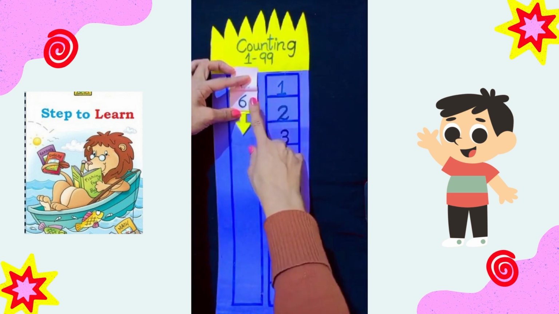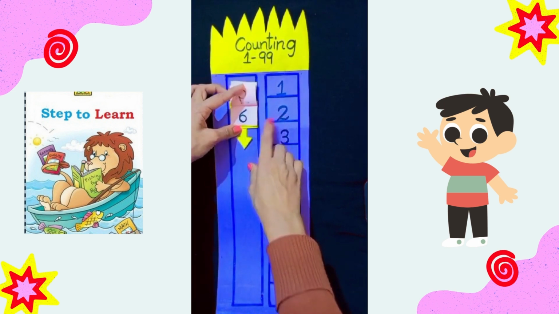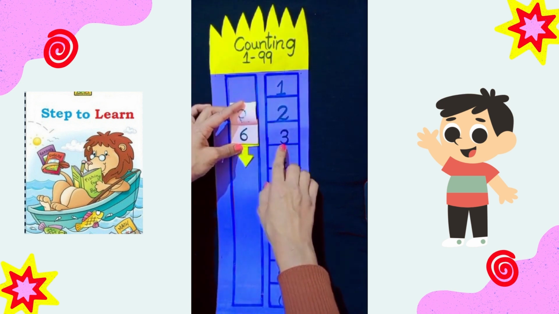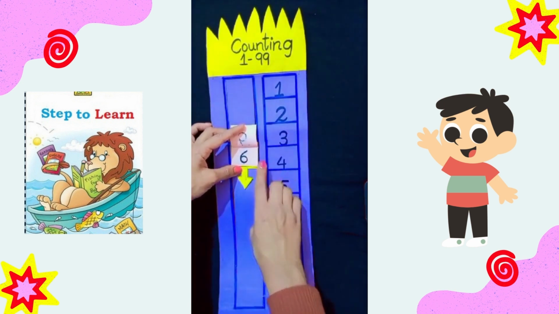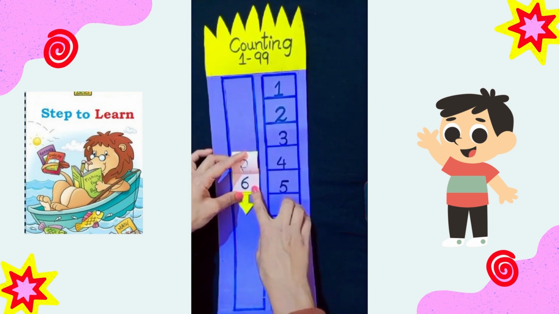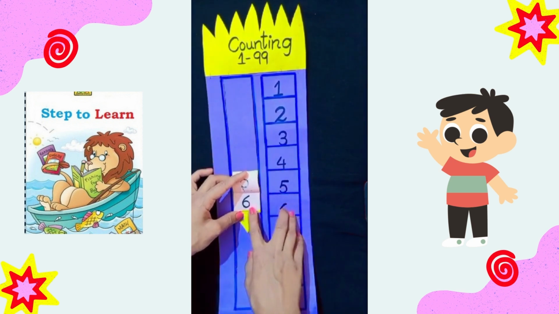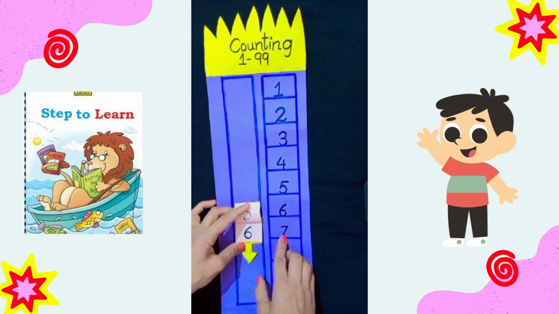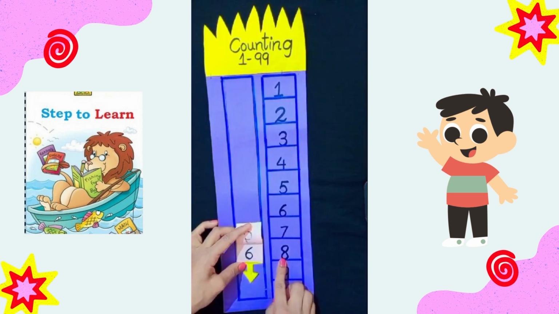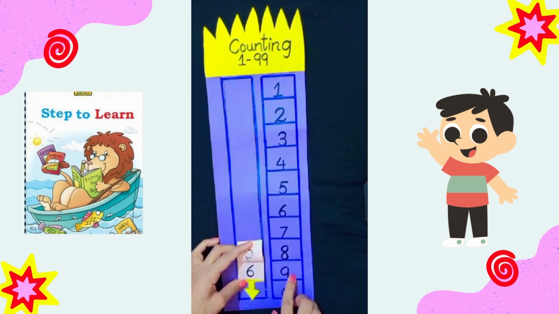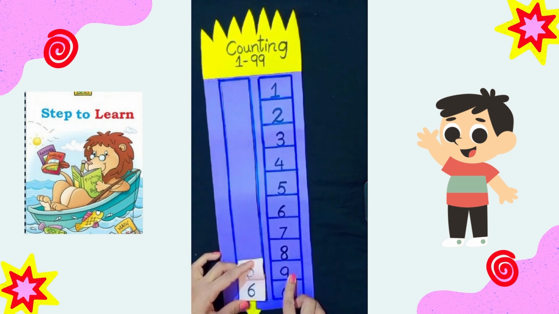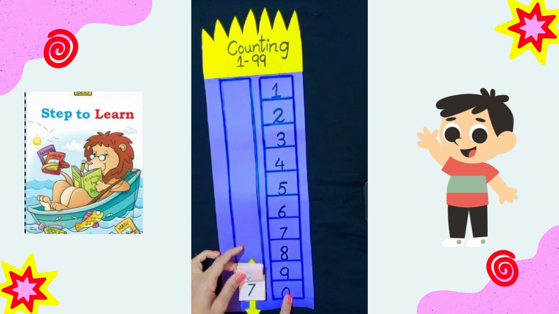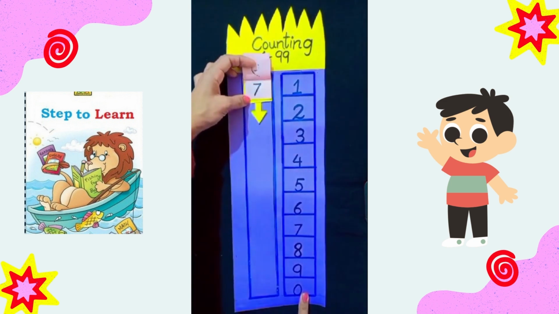61, 62, 63, 64, 65, 66, 67, 68, 69. What comes after 69? Turn the page. 70. Now counting from